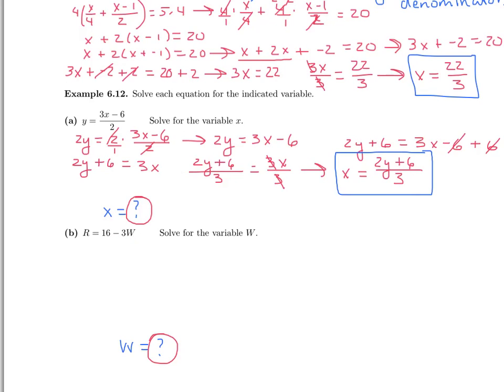So you can think of it this way. The equation is r equals, and I'm going to rewrite the subtraction as addition. So this is 16 plus a negative 3w. So I need to undo two operations. I need to undo the addition of 16, and I need to undo the multiplication by negative 3. I undo the last operation performed, which would be the addition of 16. What undoes addition of 16? Well, subtracting 16. So I'm going to subtract 16